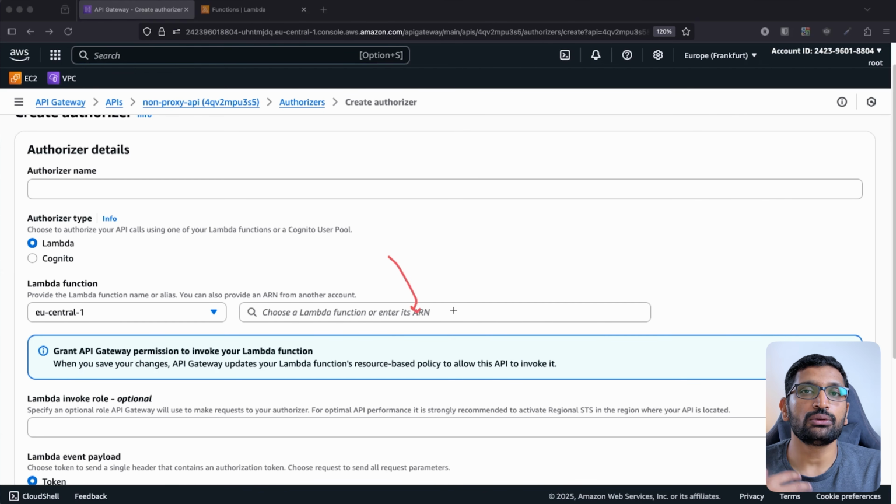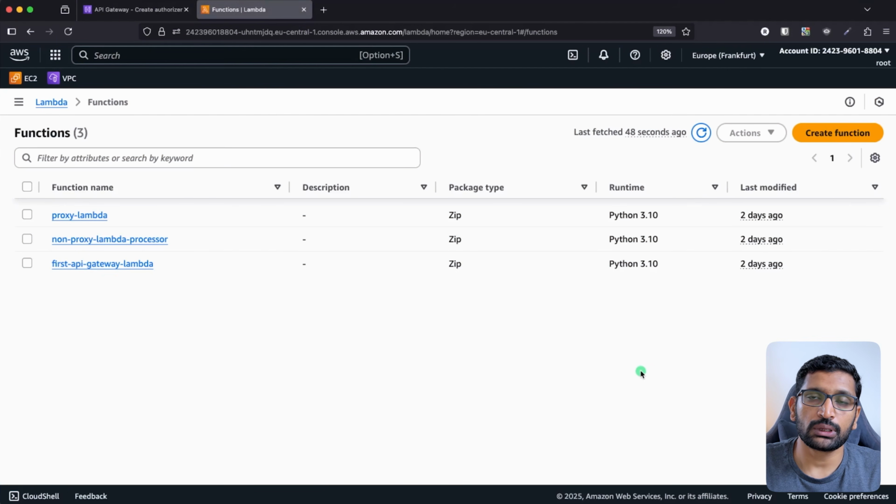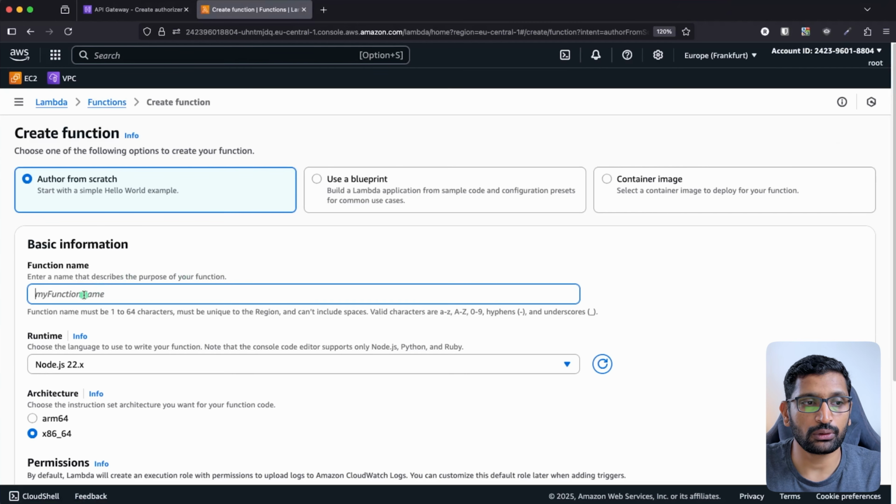So first of all, we need to create that authorization logic inside that Lambda. So let's jump to the Lambda section. Let's first create the Lambda and then we will jump back to the authorization part. So here is my Lambda section. Here let's click on create function, and here I'm going to create a Lambda